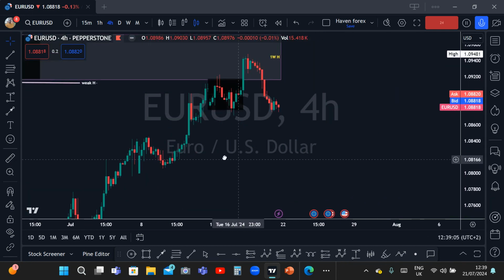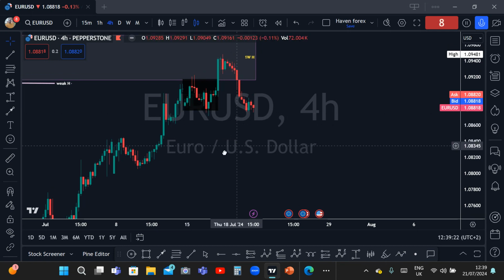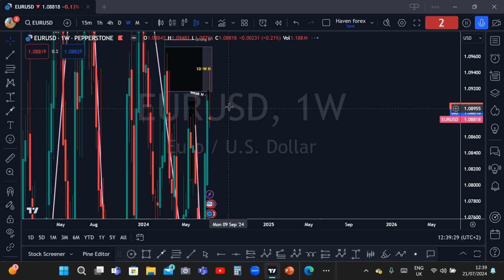So once you have done your markings on the monthly time frame, you just mark the top and the down, the high and the low. You go to the weekly. It's the weekly that you will do your major markings, all the reference points, where price action has touched, like